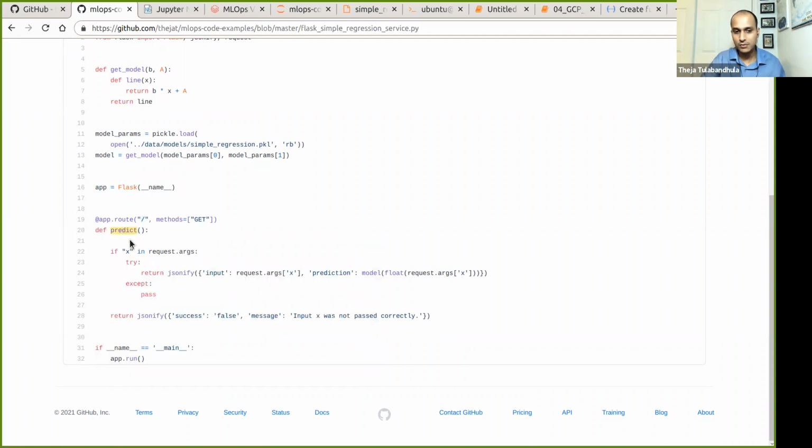And this function is what says, did you pass an input? If the input is there, let me make a prediction here. And if the input is not there, then say input is not there. That's all. As long as you know roughly that this is the part related to the web server, you can have any model, whether it's a simple regression model or anything else. It's not critical for us.